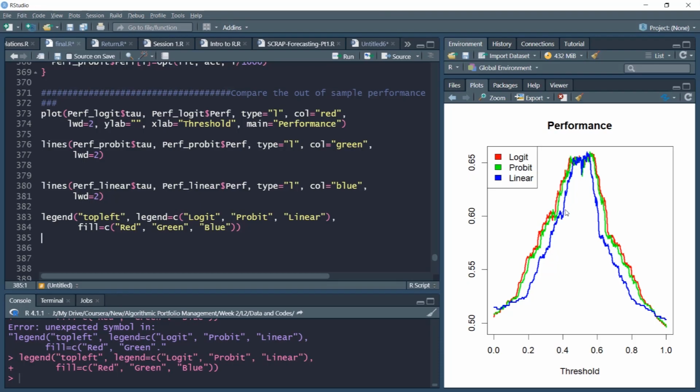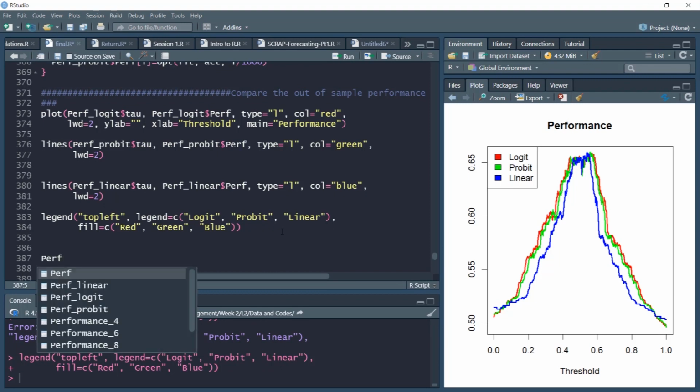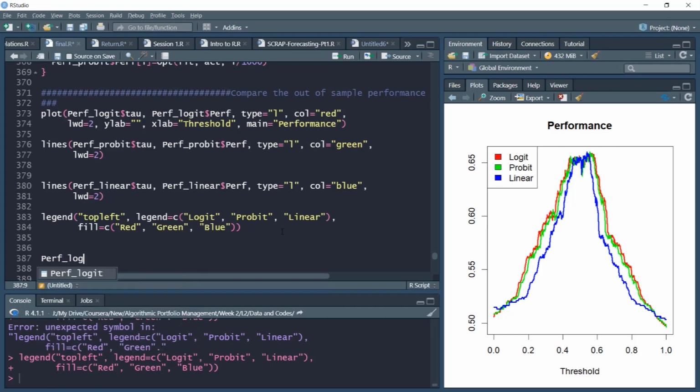Probit is very close, but is still lower, which is expected because of the very high correlation in the fitted values. Linear, the blue one, is the lowest, although relatively it's not that much lower, but still, if one has to choose, one will choose the logit and next probit. Lastly, if one wants to finally select the best trained model, one can simply see that the logit is the most optimum model here from our projected object.